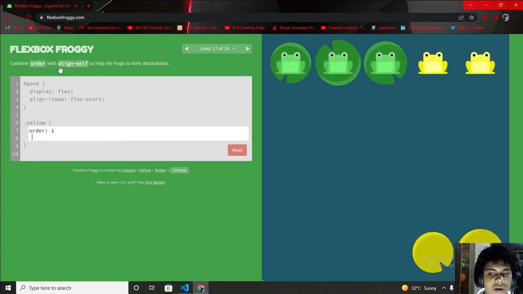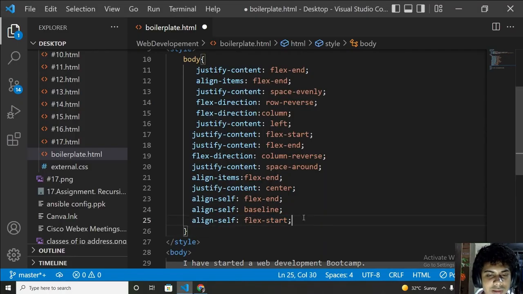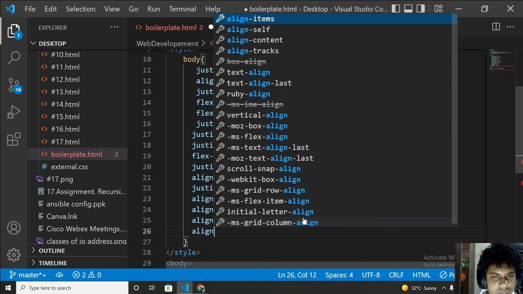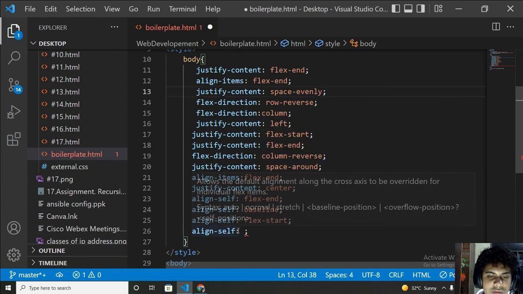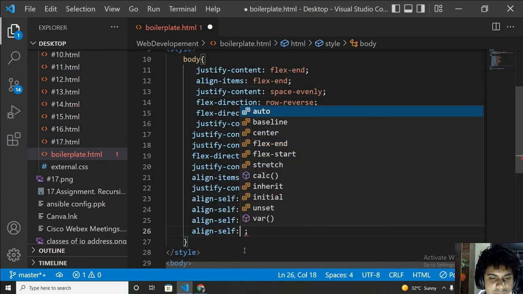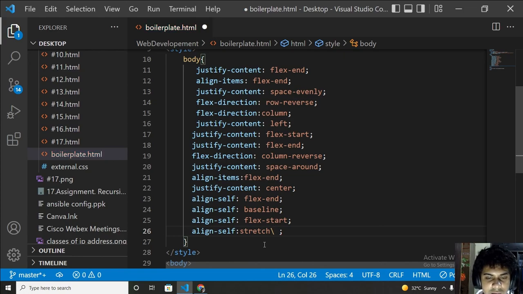Combine order and align-self to help the frogs to their destination. Let me try again. Align-self. I think I can use flex-start. Wait, I have already used that. So what can I use now? Stretch. I think I can use stretch. So let me copy this as well.